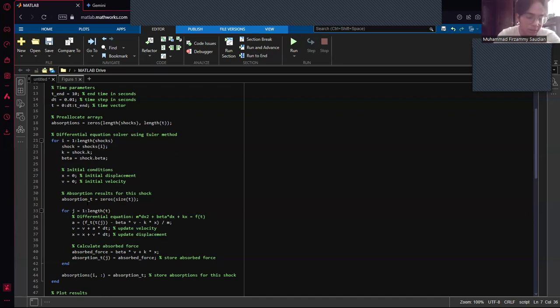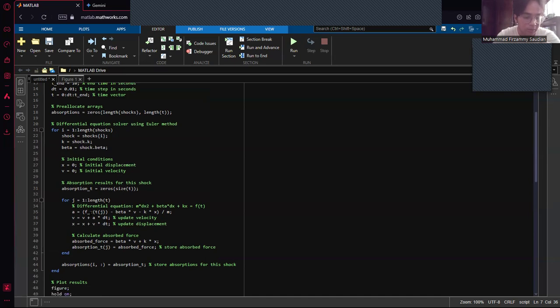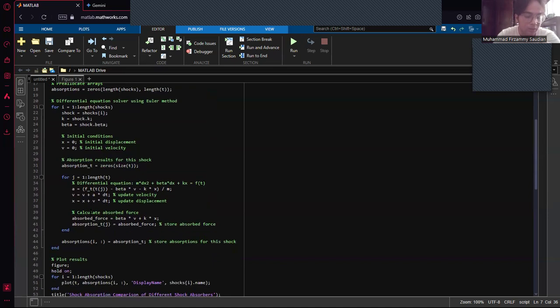Absorption_T is a temporary array that will store the absorbed force for the current shock absorber at each time step. Another loop for J equals 1 to length of T iterates through each time step in the T vector. Inside this loop, the code calculates the acceleration, or A, using the equation of motion for a damped mass spring system subjected to an external force.